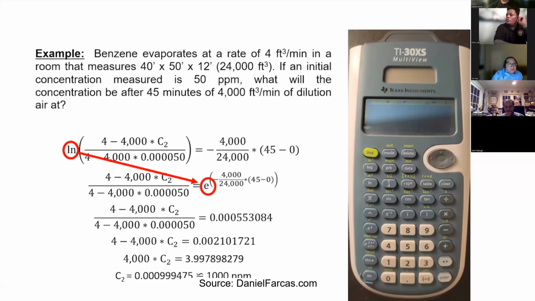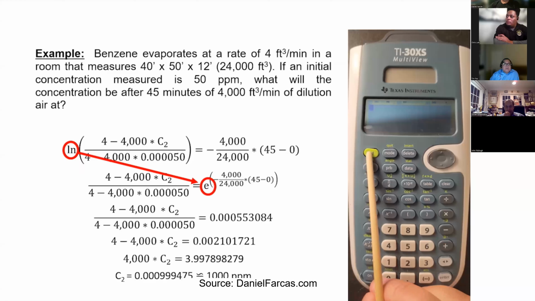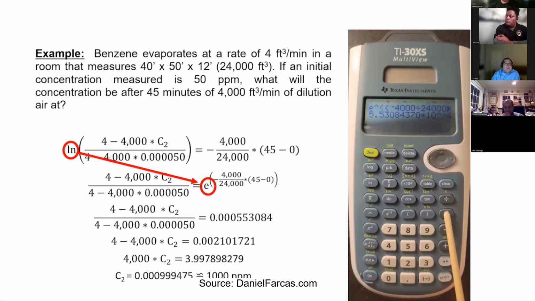This will cancel out the natural logarithm on the left side of the equation, and this will make the calculation much easier. So we'll have e to the power double parentheses minus 4,000 divided by 24,000 close parentheses times open parentheses 45 minus 0 close parentheses, again, which will result in